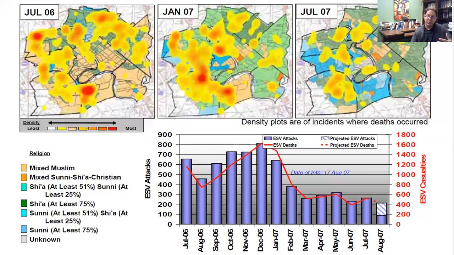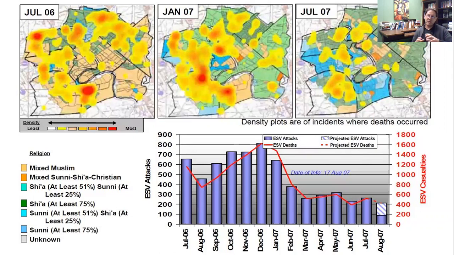And those Sunnis that are able to escape that violence, that ethnic cleansing from the northern part of Baghdad, where the Mahdi army is based in Sadr City, they flee to the south. They flee to the other side of the river, and they tell their friends and their family who are living in predominantly Sunni neighborhoods, the Shias are ethnically cleansing our communities. And so that southern part of Baghdad is almost exclusively mixed ethnic neighborhoods. But by January 2007, things are really changing.